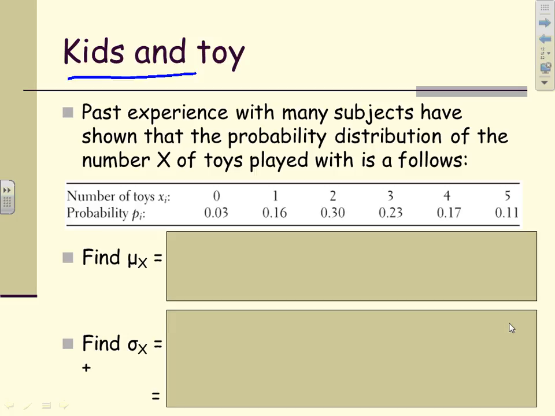We're looking at this example called Kids and Toys. It says past experience with many subjects has shown that the probability distribution of the number X of toys played with is as follows. And if we look at this, it starts fairly small. Only 3% of kids play with 0 toys. 16% play with 1 toy, and it's going up, peaking at 2 toys, and then it starts to go back down. So clearly it starts low, gets bigger, and goes low again, but we can't say that it is going to be symmetric,